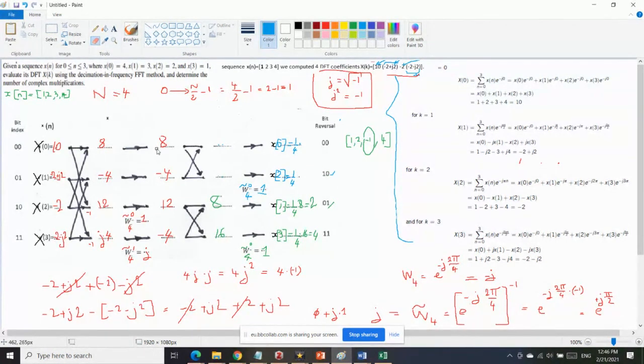Alright, so نعيد نحسبها هذه. It's 8 plus minus 4. ليش تعطينا هنا؟ حتعطينا 4. صح ولا؟